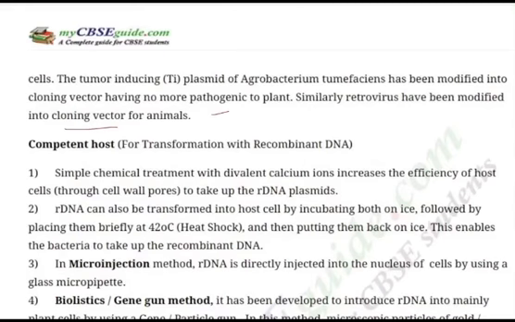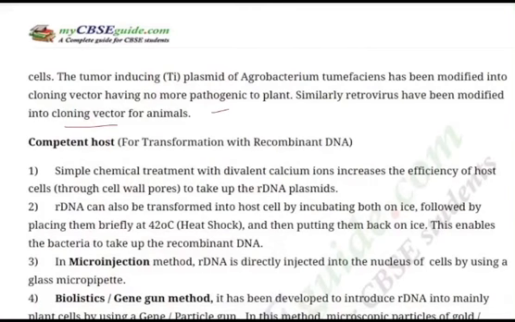A valuable feature of the cloning vector is the presence of specific restriction sites, or we call them cloning sites, where the restriction endonuclease enzymes make a cut so that a foreign DNA segment may be introduced or joined to the vector. This property helps the vector to act as a trusted cloning vehicle during gene transfer in genetic engineering. The ligation of alien DNA is carried out at a restriction site present in one of the antibiotic resistance genes. So basically these are the characteristics of a cloning vector.